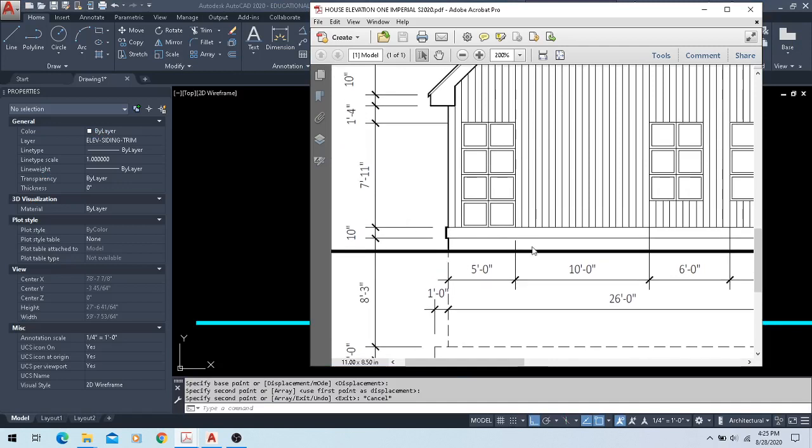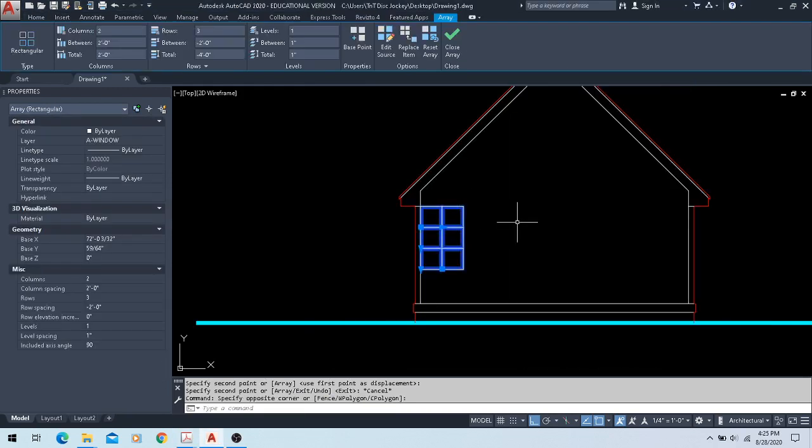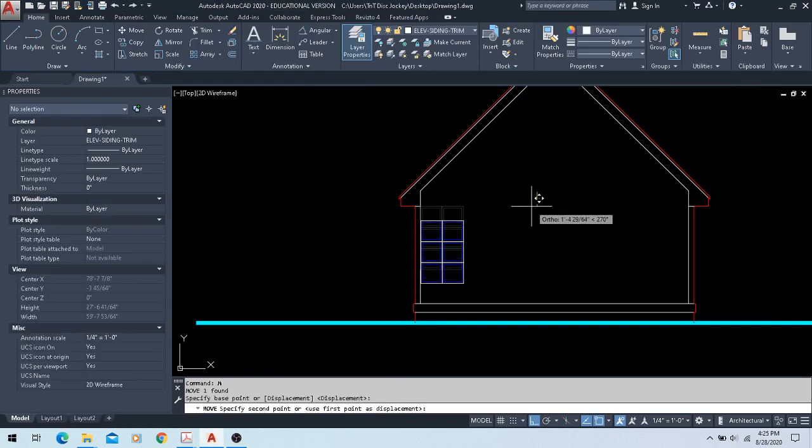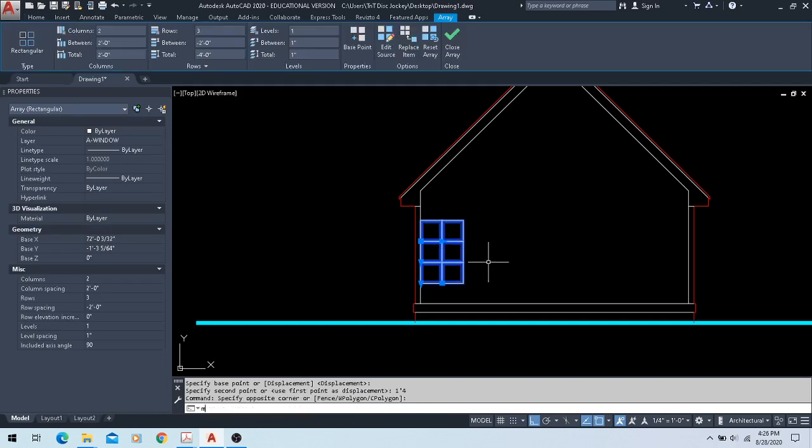So from the outside to this edge is 5 feet. And from there down it's 1 foot 4. So I can move down 1 foot 4. And then what I can do is to move again